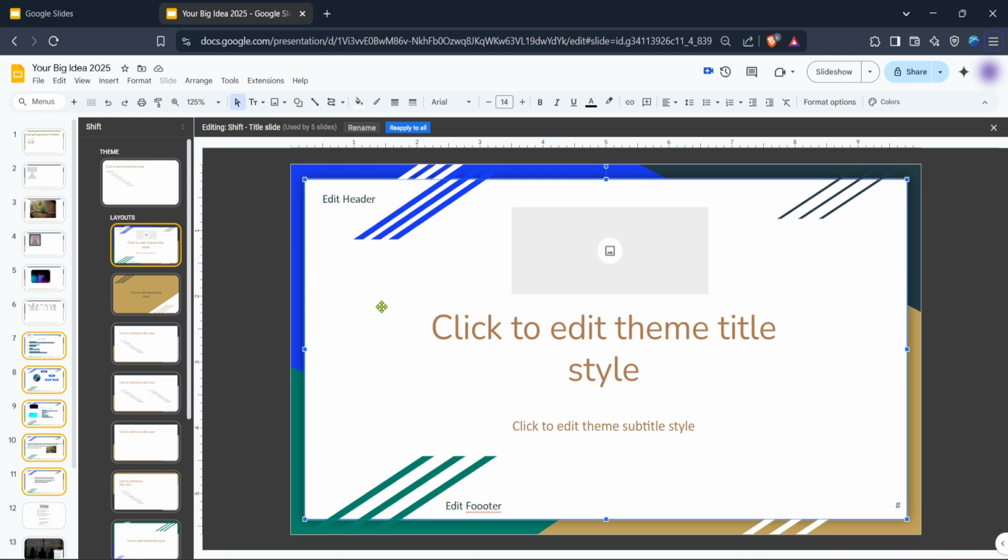to follow along. After adding and styling your header text, exit the theme editor by clicking the X button to return to the standard editing view. You'll see your newly added section header slide integrated into your presentation. By following these steps, you've successfully added a clear and stylish section header to enhance your Google Slides presentation structure